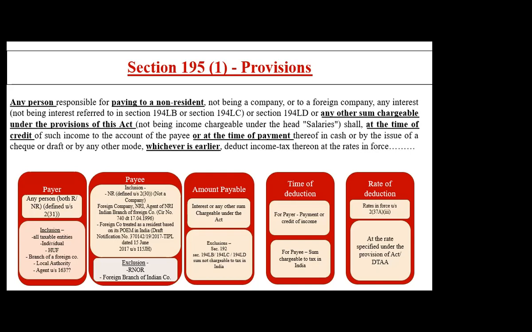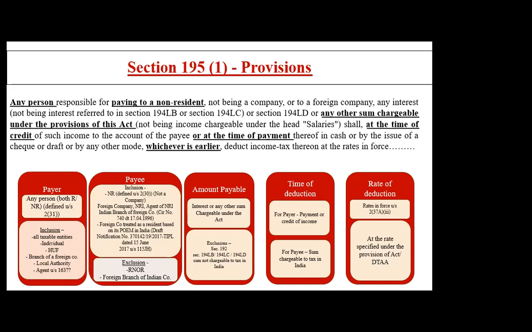Now, to whom? Non-resident. Non-resident as defined under Section 2(30). Here they are saying that the non-resident is not being a company, or a foreign company. So, not being a company means non-resident other than a foreign company. So foreign company is one category, and all other non-residents fall under the other category. Non-resident as defined under Section 2(30), but it would not include NOR. Not ordinarily resident is not included in this category.